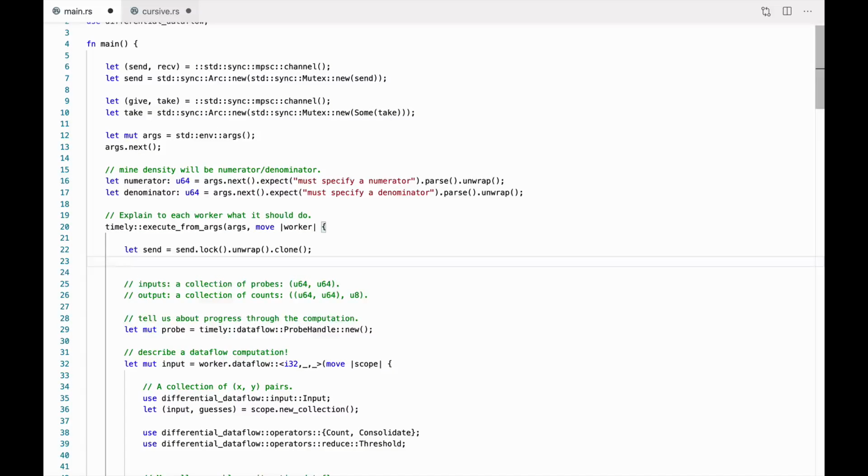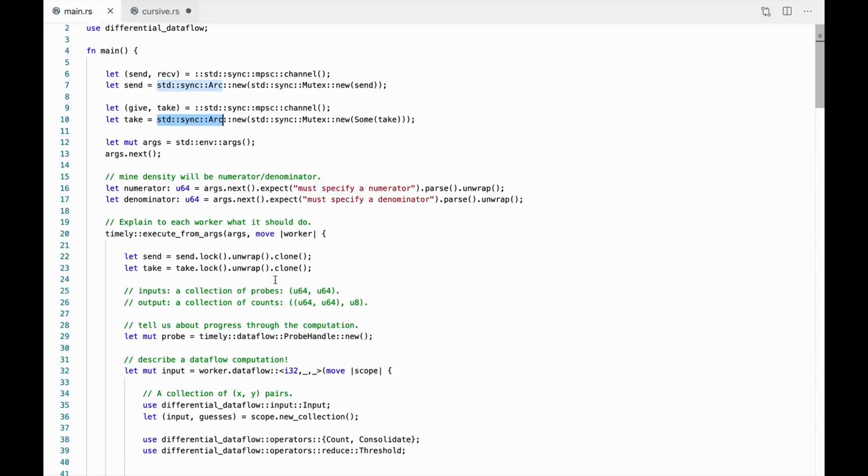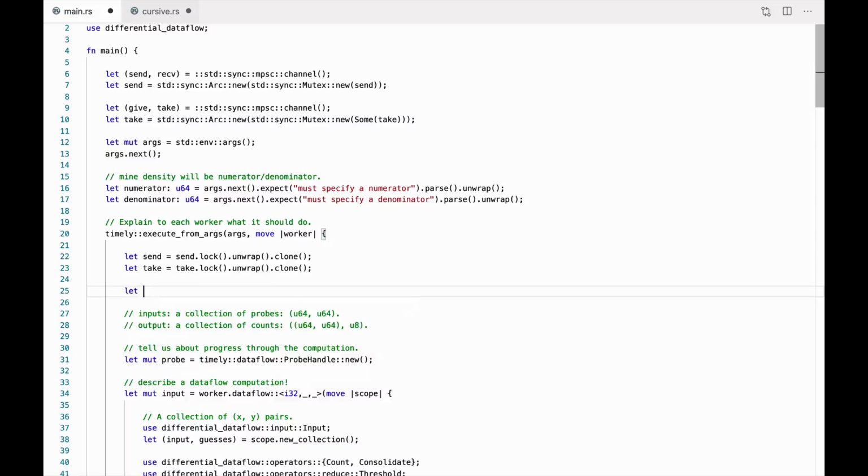And we're going to do let take be. So everyone's going to grab a copy of this Arc, the shared reference-counted pointer to the mutex, but very soon it's going to have nothing on the other end of it. And I suppose we should try to do that right away. Well, I always mess up mutexes, but we are going to,